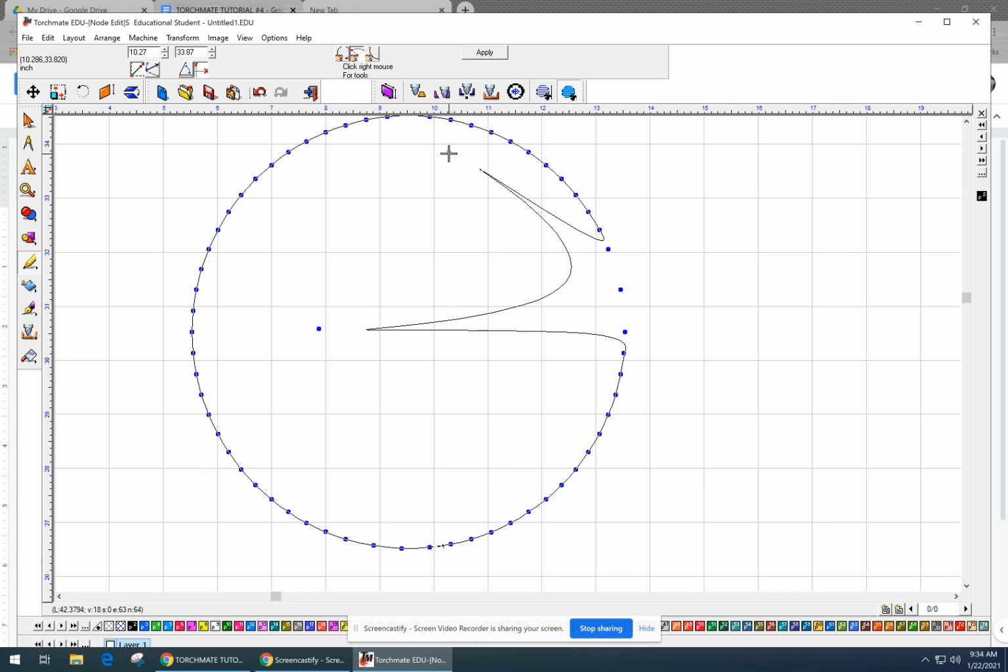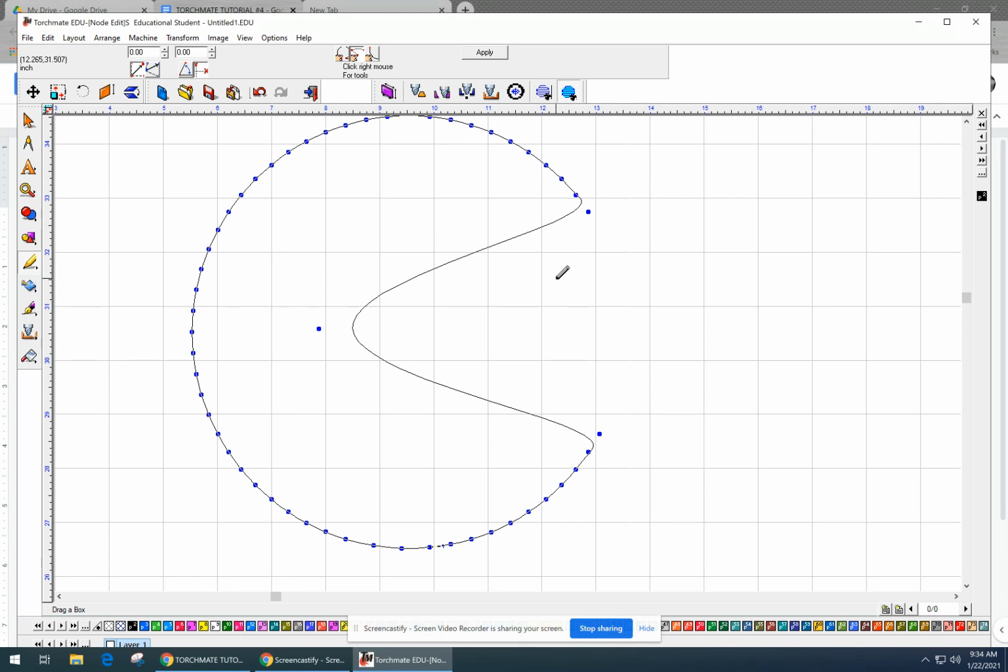So what I'm going to do instead is delete some nodes. Let me just draw a box around these. Let's see, how big should Pac-Man's mouth be? Maybe like up here? So let's get rid of these nodes right here. I'm going to highlight them just by drawing a box around them. So click and hold the mouse button down, then drag and then let go. And that holds those. Now I'll just hit the delete key. Okay. And then I'll do the same thing here. I'll delete about 4 nodes. Delete. Okay. So now we see that it's starting to look a little bit more like a Pac-Man